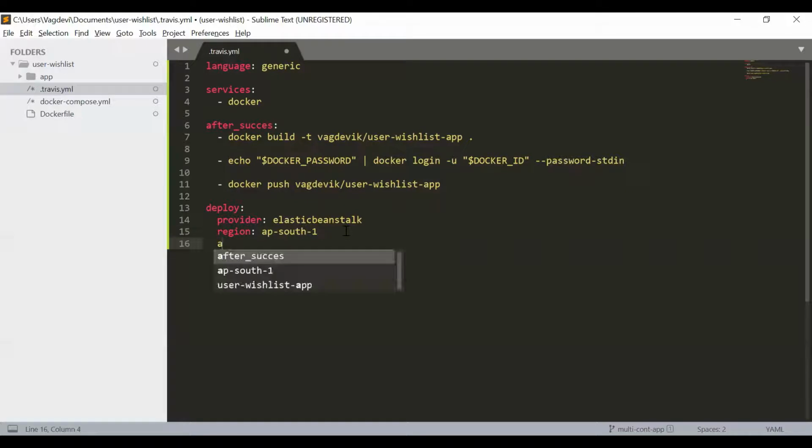Then the app, we need to create an application. Okay, so we will write something, which we need to fill in once we create the application, and then the environment, which we also need to fill in. Okay, then the access key,